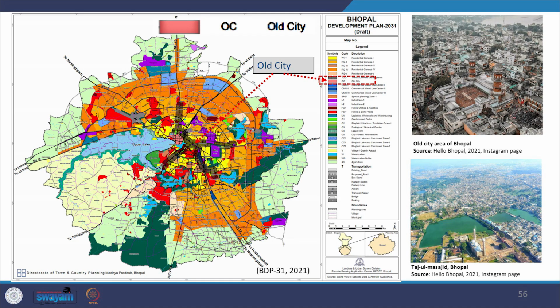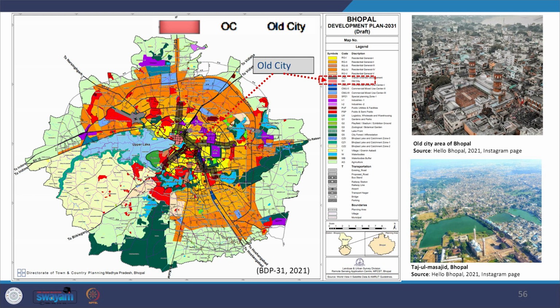Old City Zone. Old City Zone is the zone which has been exclusively identified to delineate the core walled city and extensions with its distinct character and heritage features and fabric. The purpose of the zone is to incentivize heritage conservation and allow controlled urban regeneration to maintain the overall urban character of iconic old city of Bhopal. So you can remember various heritage buildings which you had seen while we were going through the development plan proposal.